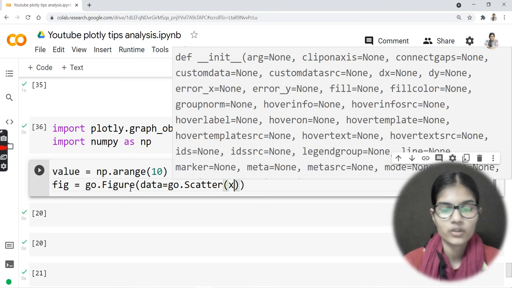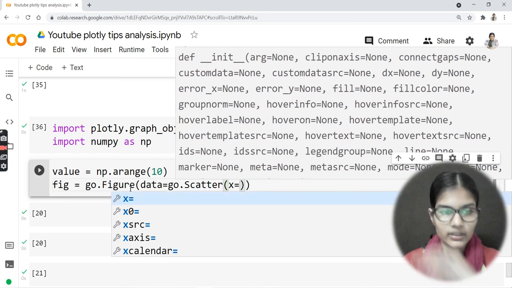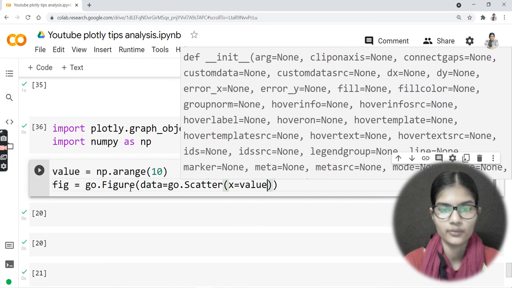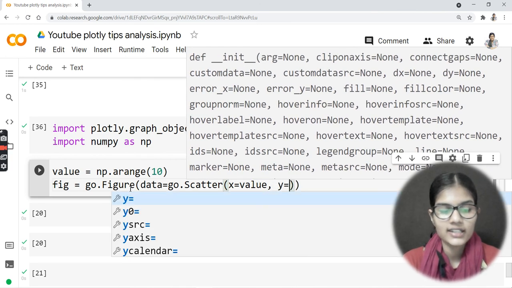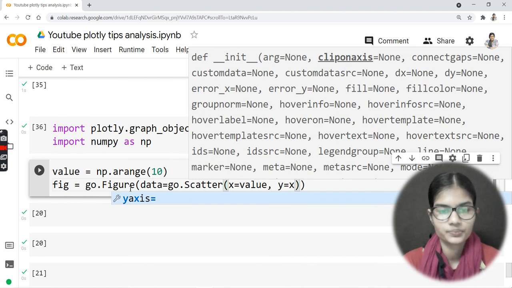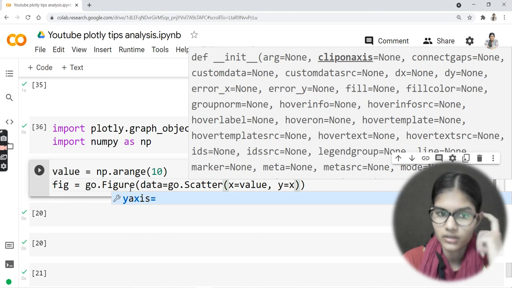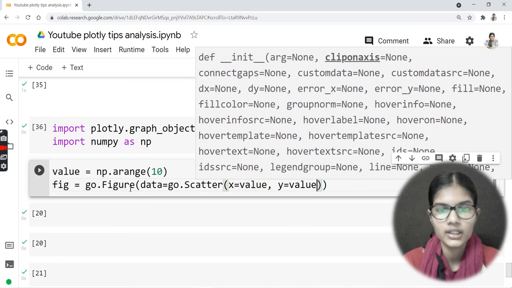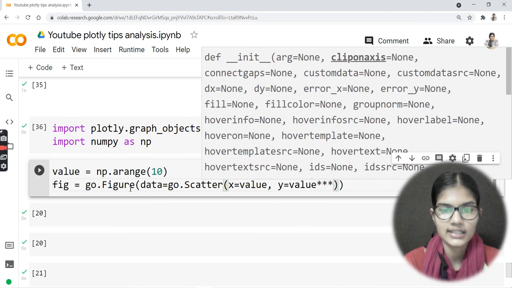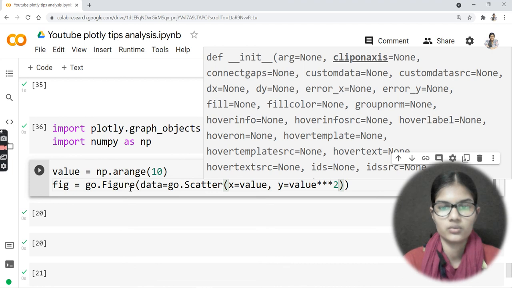Again bracket, for the x I have given value. Now on the y, let's say I want to give the cube of value. So on y I'm writing value, I'll put 3 stars and give it here as 2.